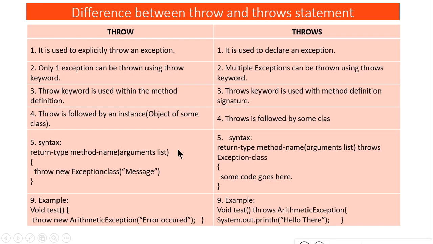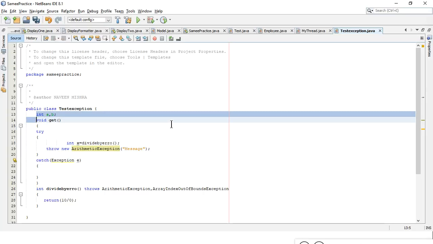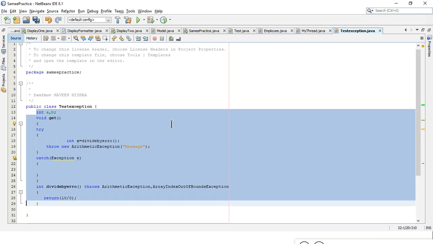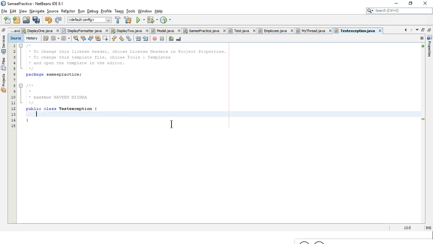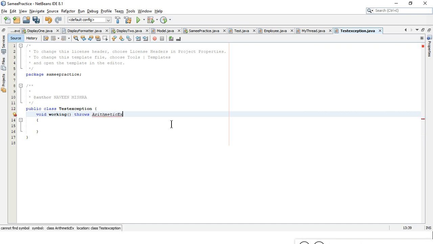Okay, so this is how you create a throws method. Now let us write a program in which we will try to use both, that is throw and throws. Okay, so let's start. We'll create a method void working, and here we will declare throws, let's say, arithmetic exception.